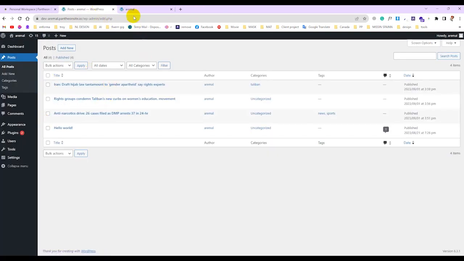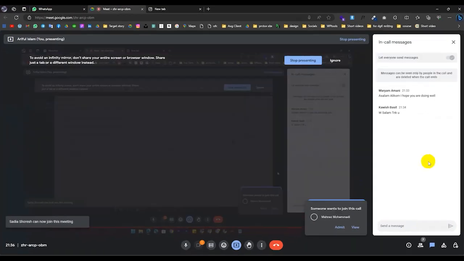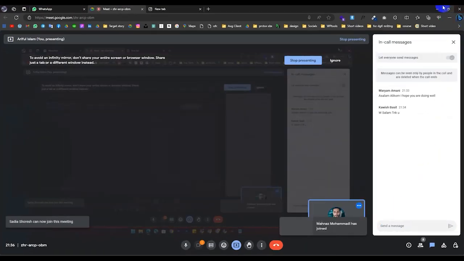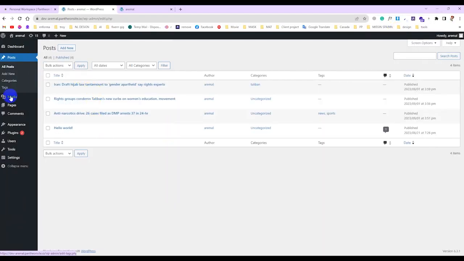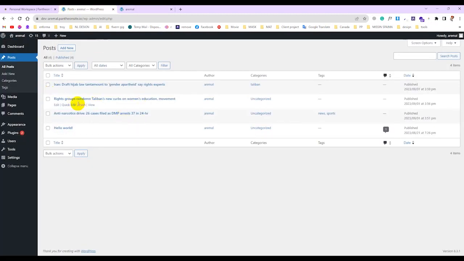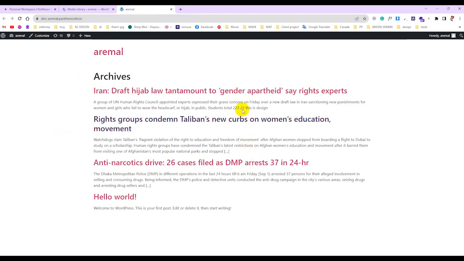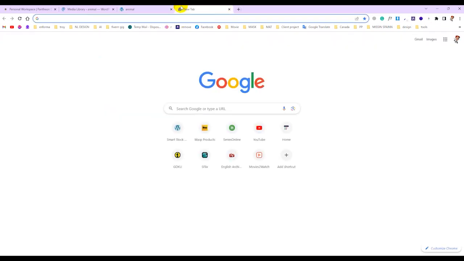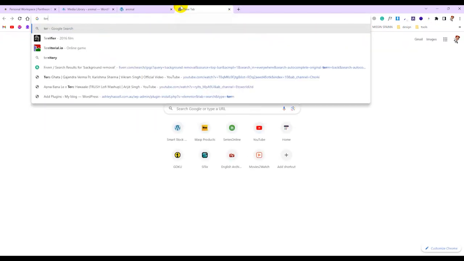In the previous lesson we discussed the post option. Okay, so in this class we'll see these options: media, page, comments, and so on. So let's move forward into media. So media is one kind of, let's say